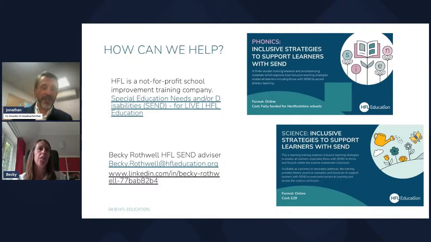So 2 questions have come up from James. One is, James is becoming a new head teacher in September. What would be the top priorities in the first year, especially around teaching and learning? Would you recommend he focus on inclusive education?